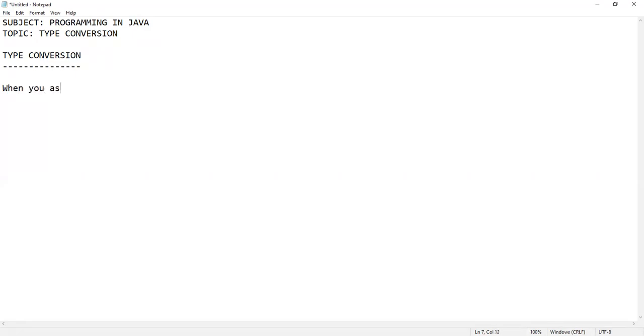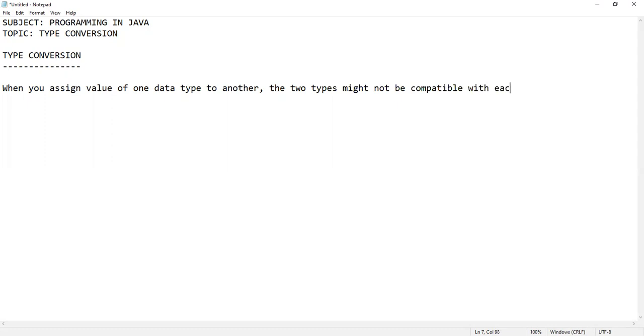So when you assign a value of one data type to another, the two types might not be compatible with each other.